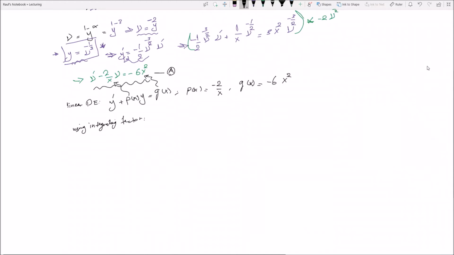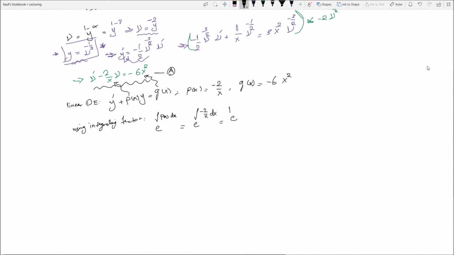We need first to find the integrating factor. As we remember before, the integrating factor can be found in the form of e to the power of the integral of p of x dx, in this case e to the power of the integral of minus 2 over x dx,